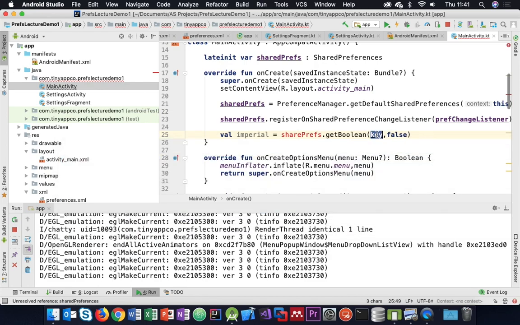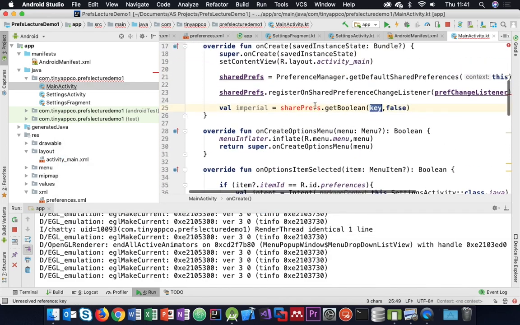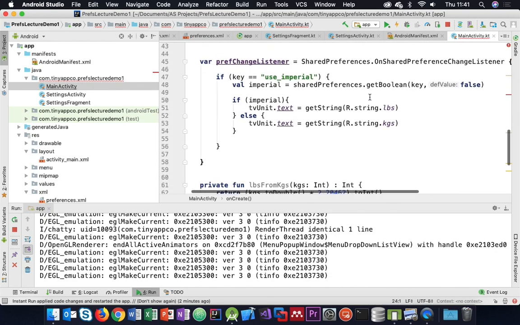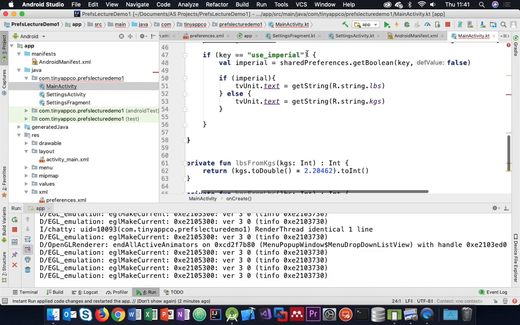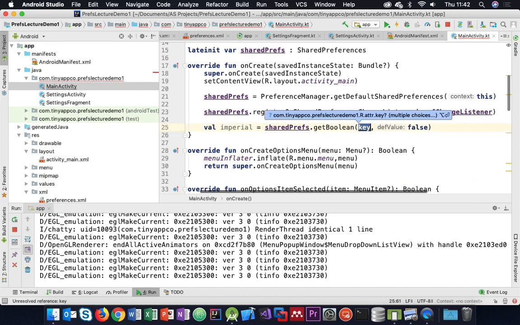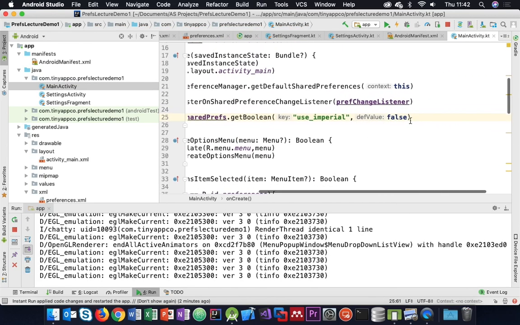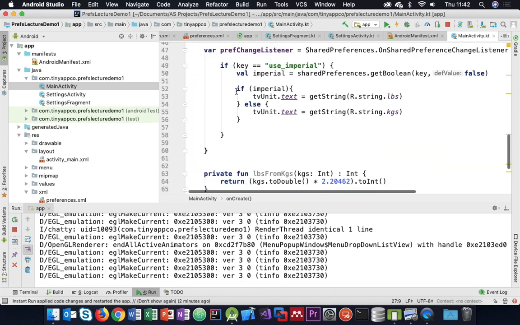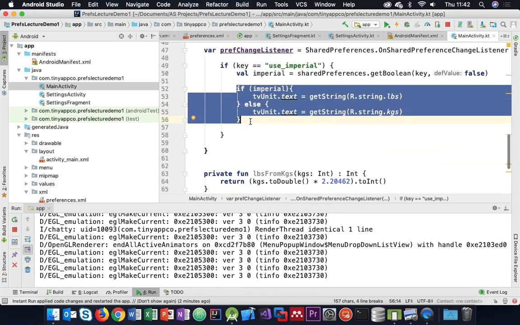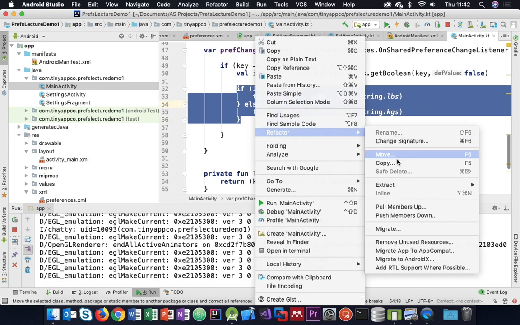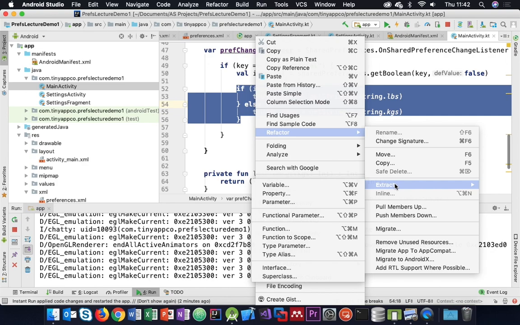And I need to name the key exactly. What's gone wrong there? Shared prefs. And the key is, as I say, this use imperial. So let's pop that in there. And then if it is imperial, I need to do exactly what I did here before. I think we can probably refactor that out into a method called something like set units. So let's refactor, extract